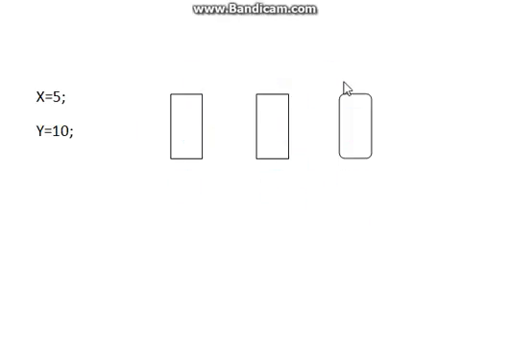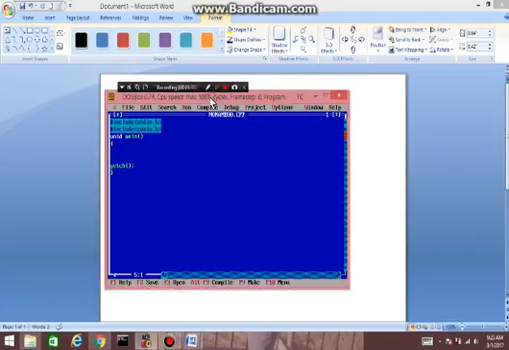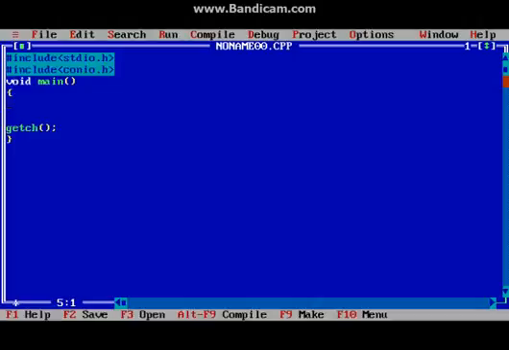Now we will see it in coding. Let's code. Integer x is equal to 5 and y is equal to 10, and third variable temp. Here clear the screen. Now first of all I will transfer the value of x into temp.